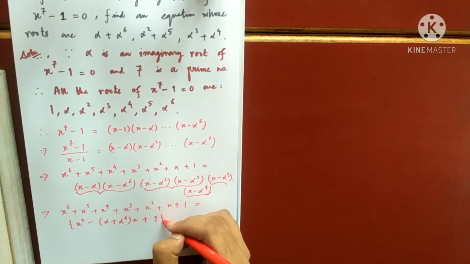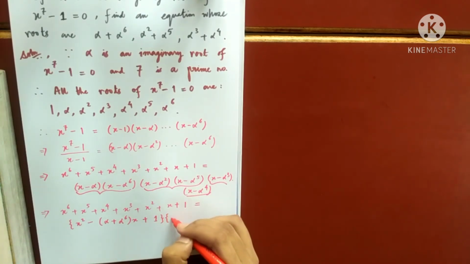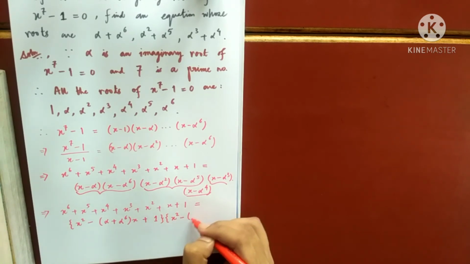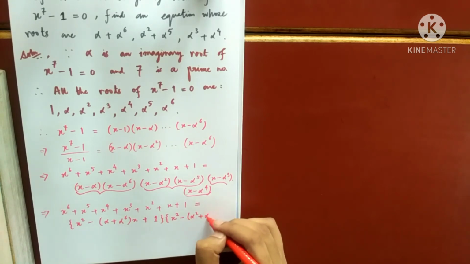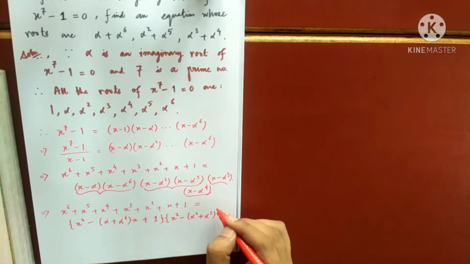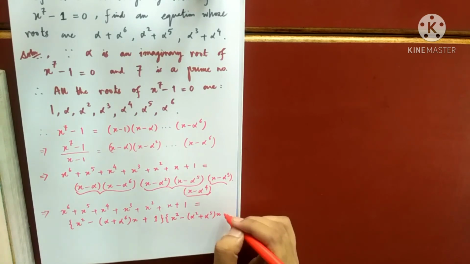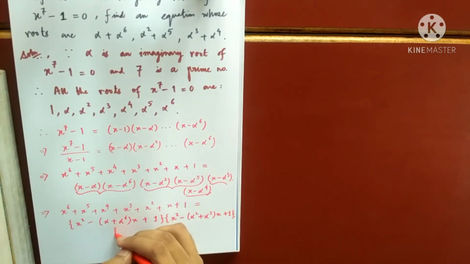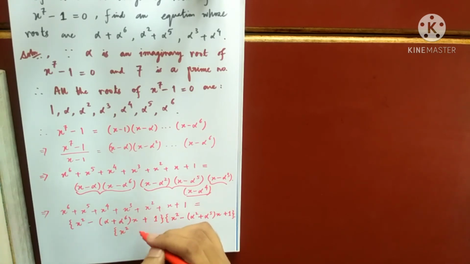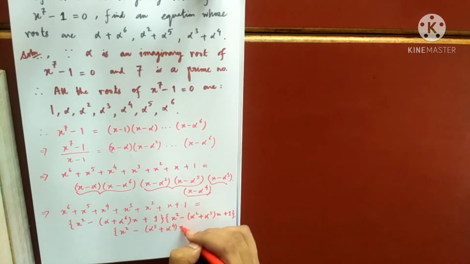So similarly, multiply this 2. So x square minus alpha square x minus, so minus I'm taking common, alpha to the power 5 x. Again alpha square into alpha to the power 5 is alpha to the power 7, which is again 1. And what I have here is x square minus alpha cube plus alpha to the power 4 x plus alpha to the power 7 equals to this. So if you want to ask anything up to here, you ask.